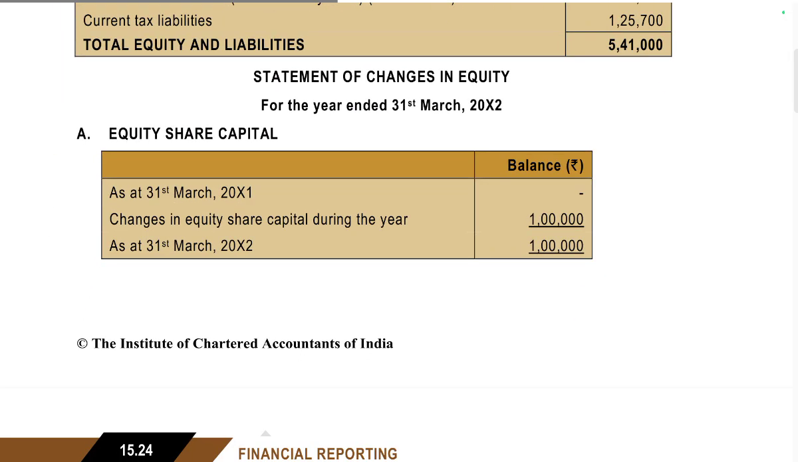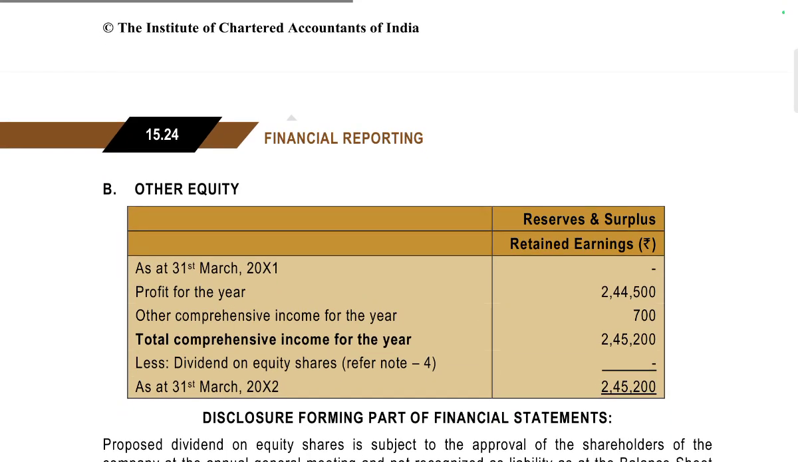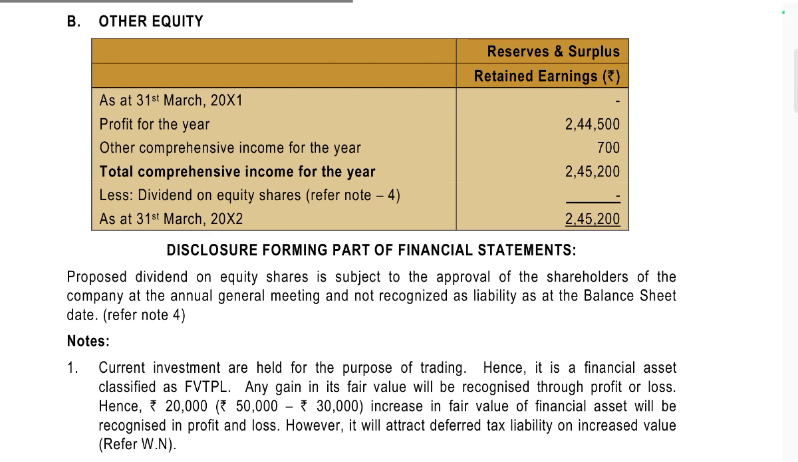Statement of changes in equity for the financial year. Equity share capital as of 31st March: 1 lakh. Other equity: reserves and surplus 0, profit of the year 2,45,700, other comprehensive income of the year 700, total comprehensive income of the year 2,45,200, less dividend on equity shares 0, as of 31st March